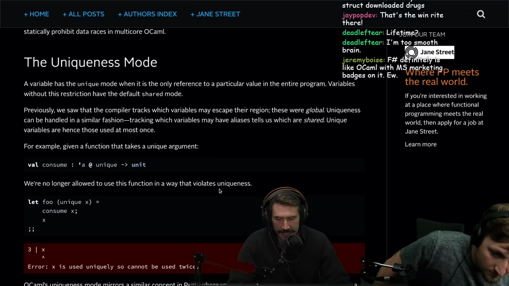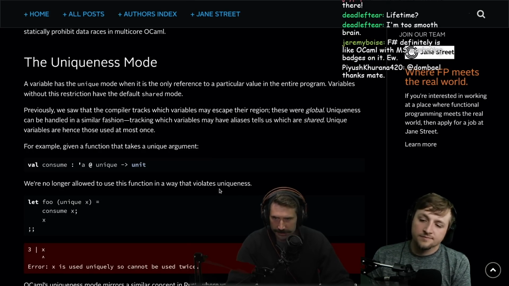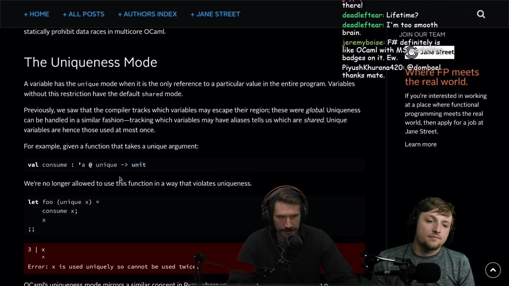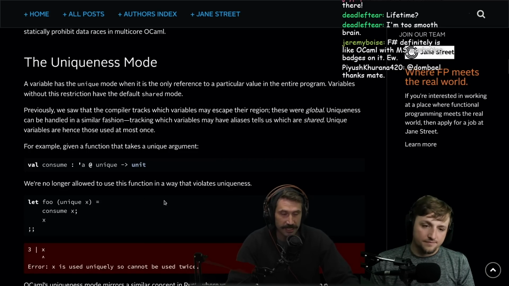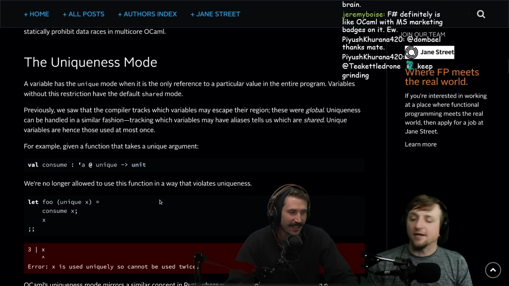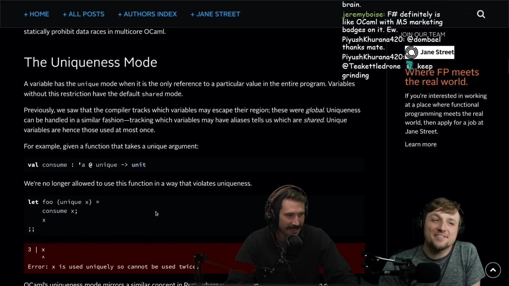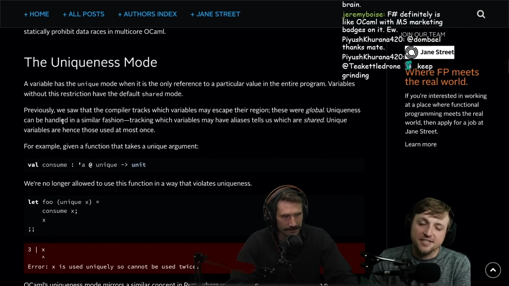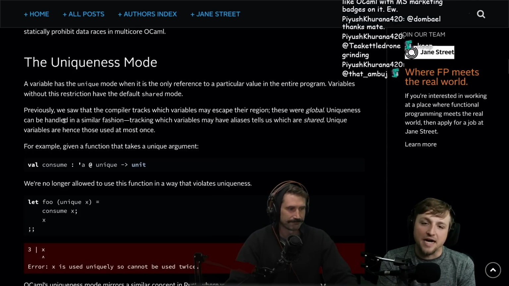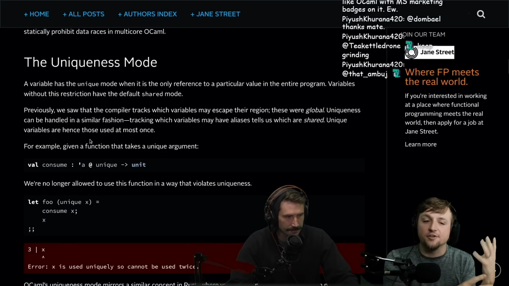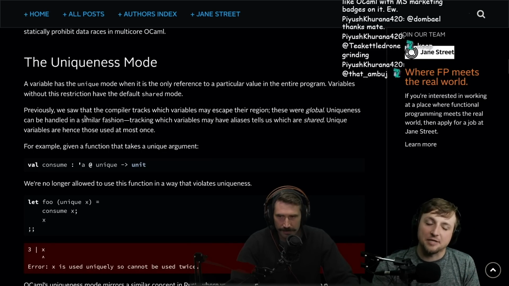I like the idea of opt-in safety, or opt-in uniqueness as they're calling it here, which is pretty clever. If you want to guarantee you cannot leak the file handle, such that a file will stay open longer than you realize, you just mark it as unique. It can no longer do it, and then you have safety in the one thing that needs safety. Whereas, does your int really matter? Does your string matter? They're going to do some examples, but that's one of the things I miss in other languages from Rust: the ability to drop something by the function signature. You're saying no one gets to touch this anymore, we've closed the file. I think that might even be one of the examples in this article.